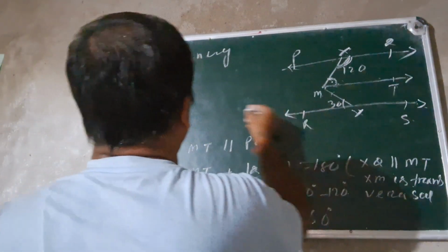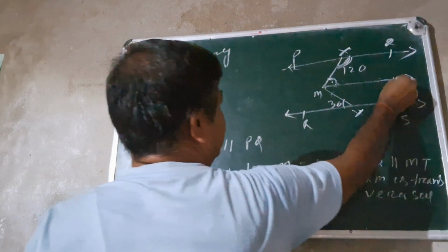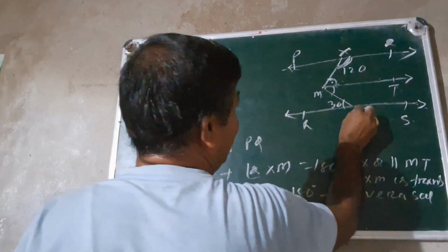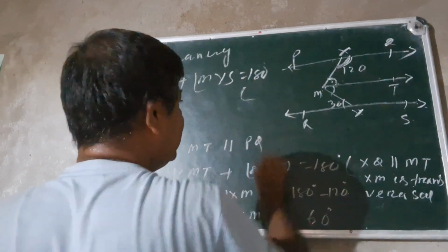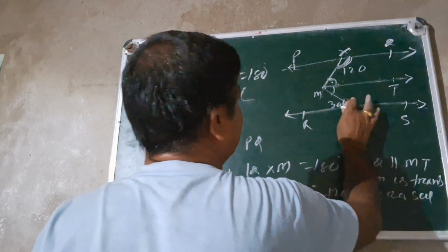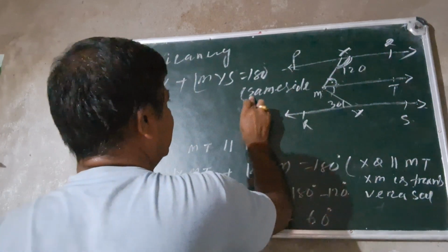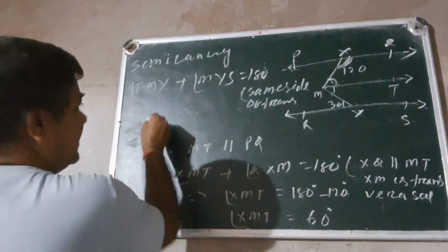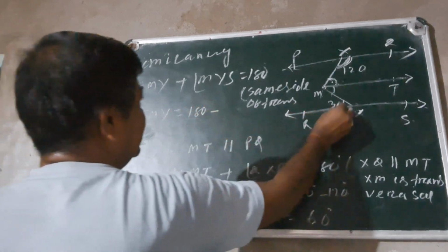Then angle TMY plus MYS equals 180. Why 180? Same side of the transversal. This line is parallel to this line, and this one is the transversal. Same side interior angle, same side of a transversal. That implies TMY equals 180 minus